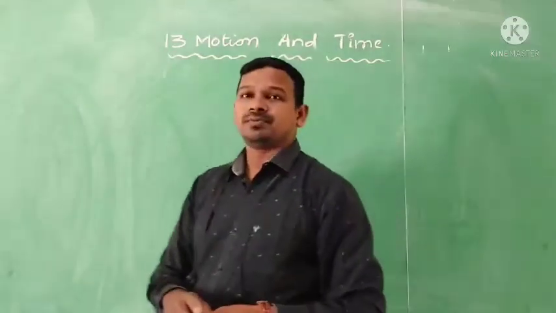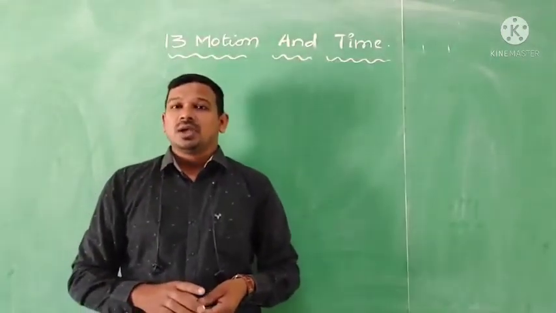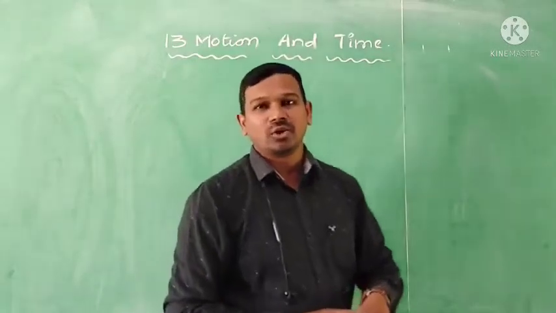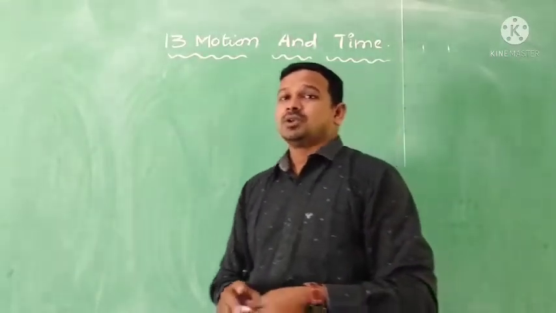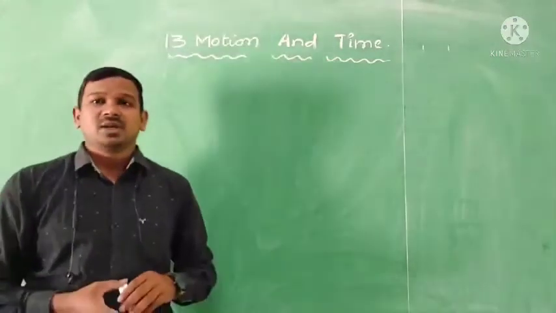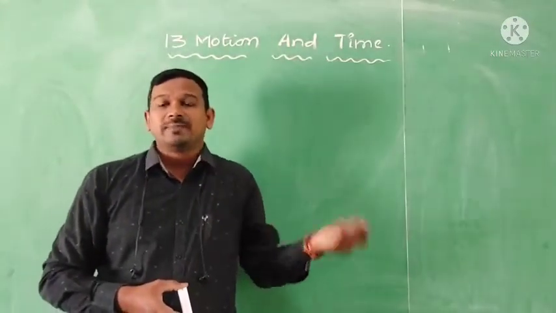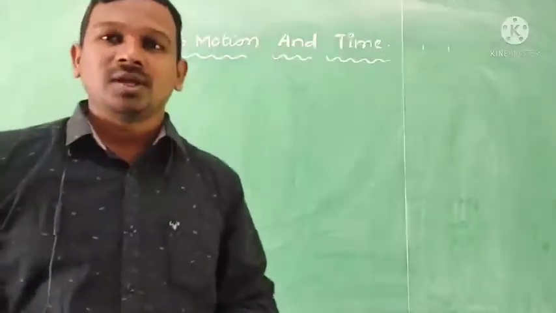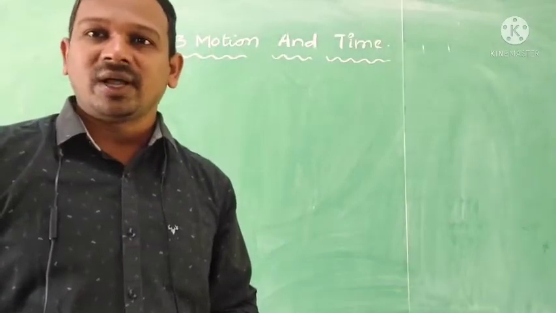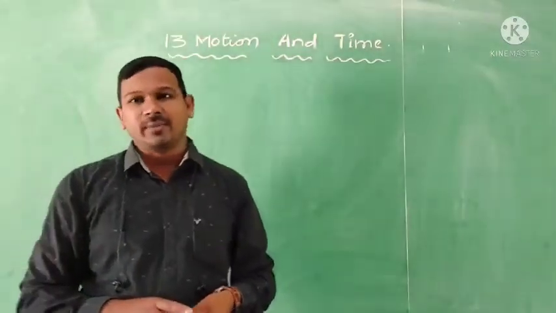Coming to here, we are going to discuss some examples. Based upon those examples we are going to classify what type of motion it is. Based upon what type of motion the object is following, we classify into different types of motions. Now we are going to study the different types of motion with the help of a table.